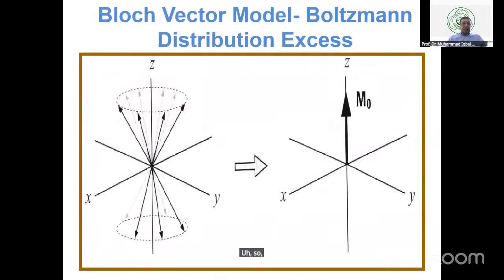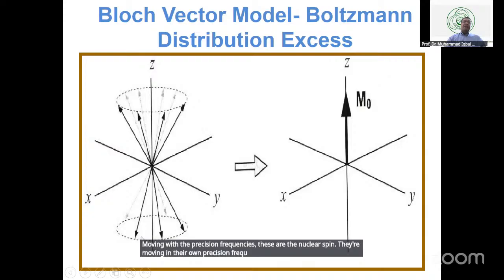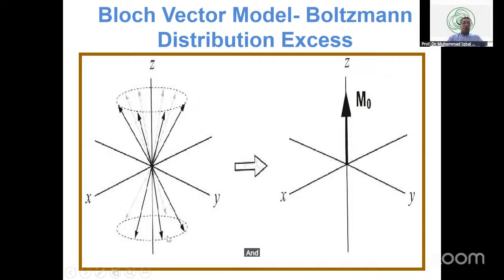So this is what actually is very, very important. This is the low energy state. Assume that this is the B naught on this direction, Z, negative Z. So these are your nucleus spins moving with their precession frequencies. These are the nucleus spins. They're moving in their own precession frequencies. This is the high energy state. This is the low energy state. And both energy states are